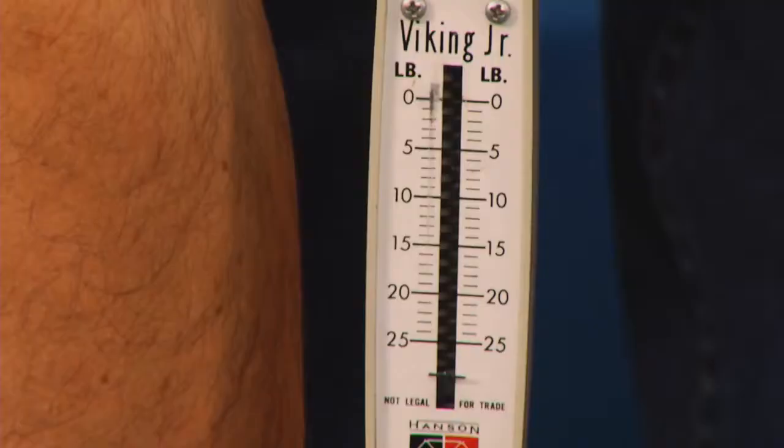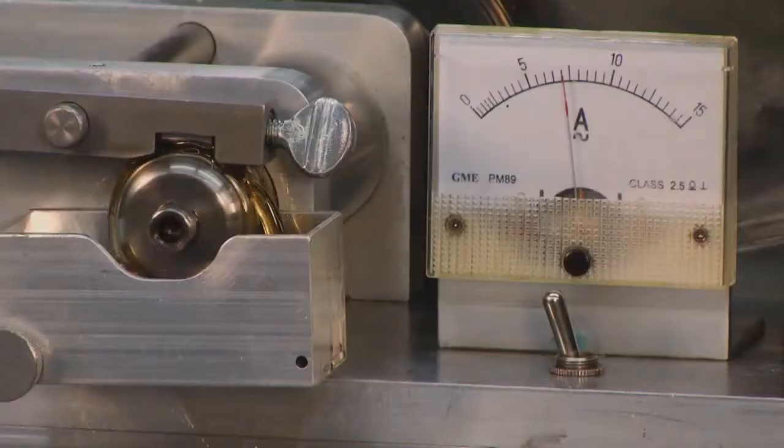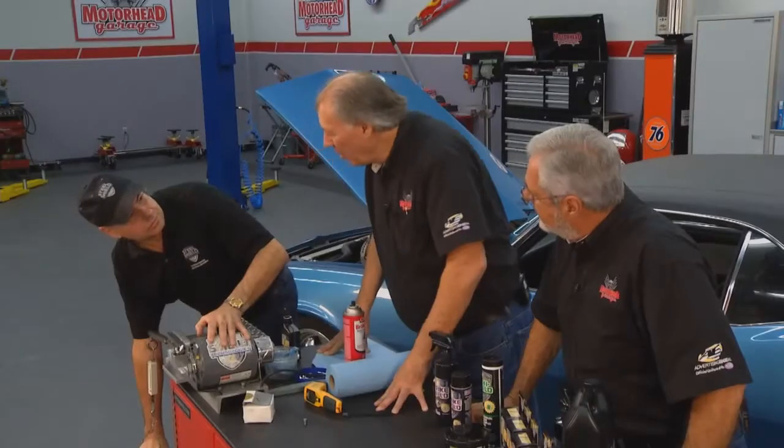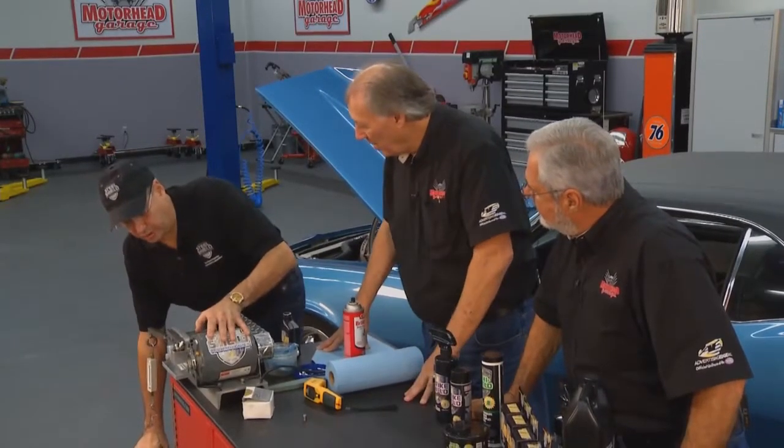Well, that's pretty impressive. You see right now we're down to the bottom of the scale, getting a little smoke coming off the test machine, but no failure. Now, that's pretty darn impressive there, Mark. Now, how will it do without the oil? All right, well, I'll take it away here